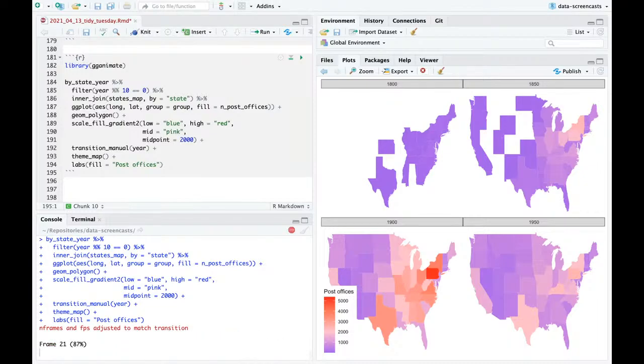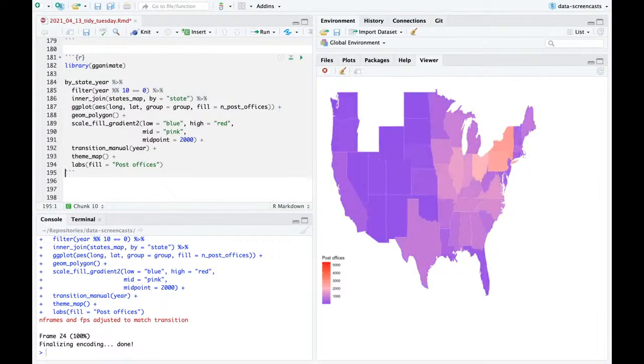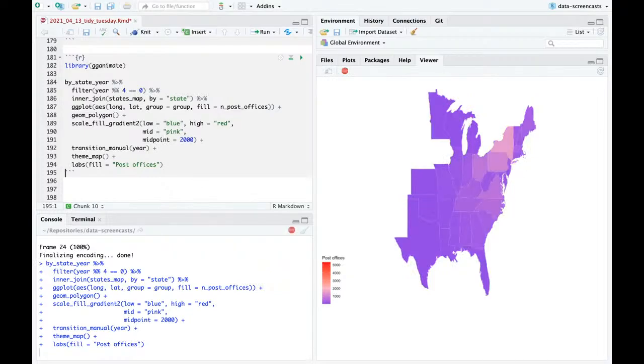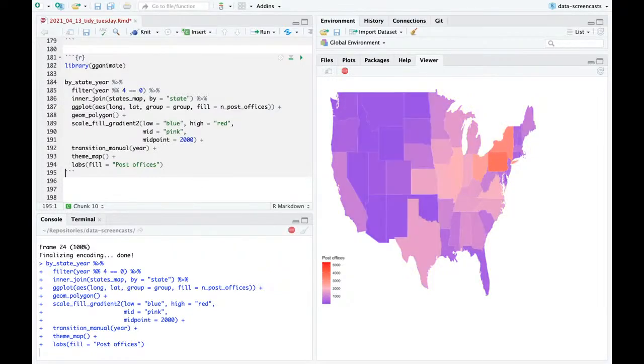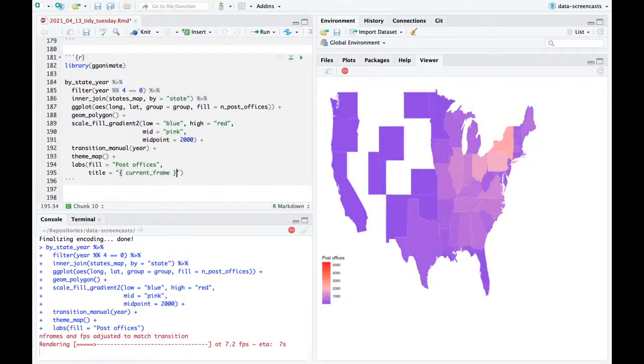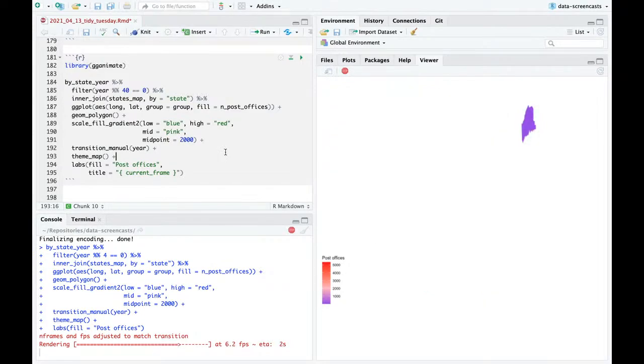Just realized I forgot to show what year it is. But you know, it's already looking kind of neat. I'm going to make it every 5 years instead. Heck, I'm going to make it every 4 years. It's going to be a little bit slower, but I'm just going to run that for every 4 years. And I'm going to add something here. For the next iteration, I'm going to say title is, shoot, I think it's current frame. But before I run that, I'm going to quickly confirm. Yep, but this is our animation where we'd say like,